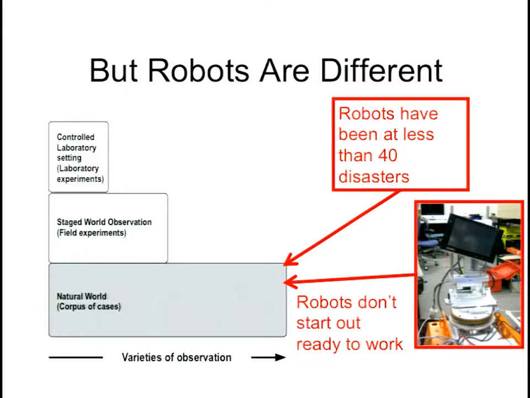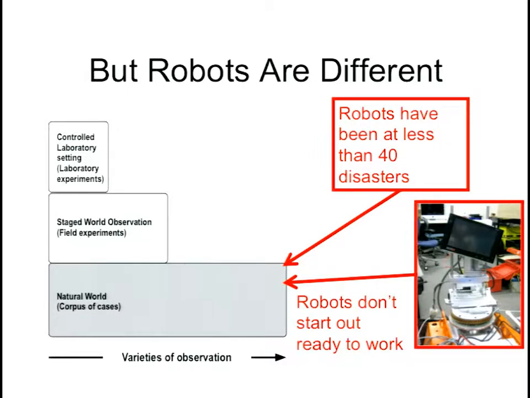Robots are also different in that they don't start in the natural world. They're not a natural phenomenon. It's not like we're observing squirrels or sharks or some animal, or we're observing gravity, where there's some principle which we observe, get an idea, and then go back and test. They really start in the lab, and they take, as we all know, lots and lots of work, even to get a simple piece of software and hardware working together to actually get out and work reliably in the world, to even do a staged experiment, much less getting it out into the field. And in my case, with actual responders, where you feel good enough about the system to get it out there.